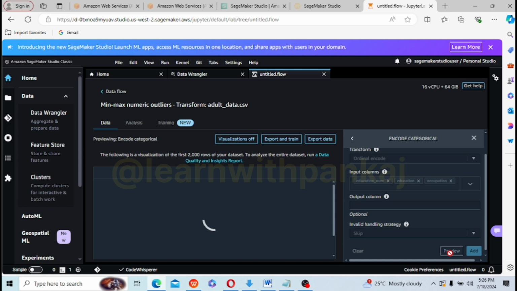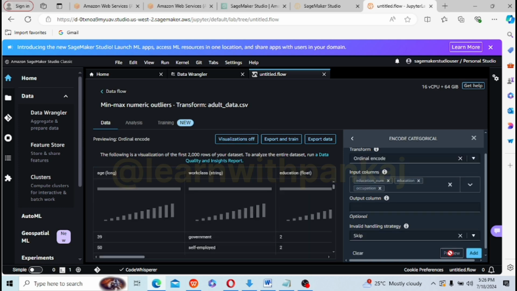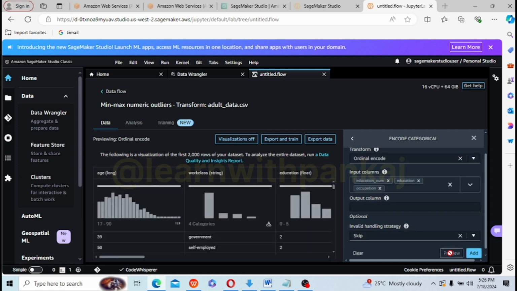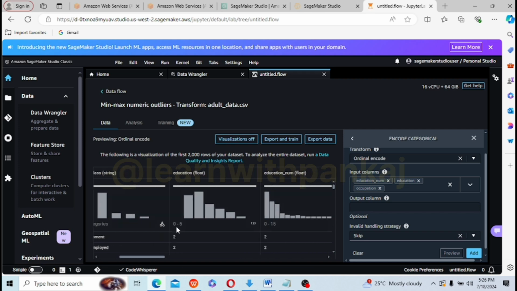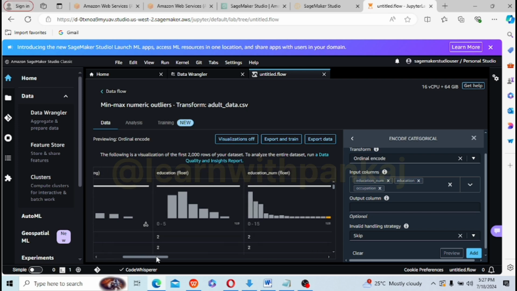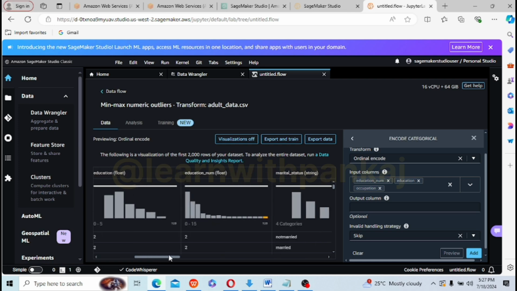So by using this, what exactly we are trying to do is change the entries to a numerical format between 0 and the total number of categories that we have. If you go in here now and check the education, see we have the range of 0 to 5, right? We have changed these values, so whatever the bachelor degree or anything was there, it has converted to 0, 1, 2, 3, 4, 5, that kind of thing. In education num, the same thing has happened.